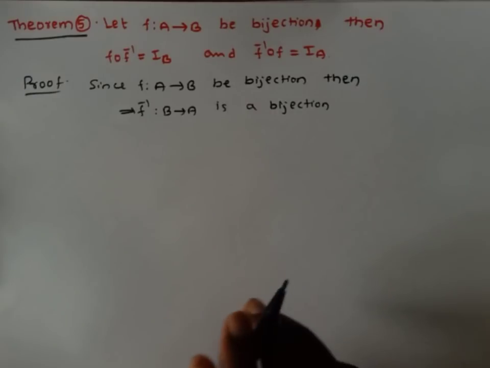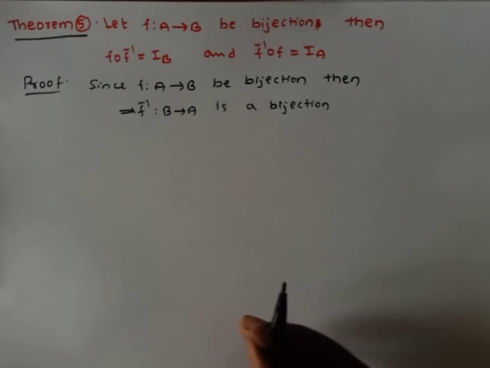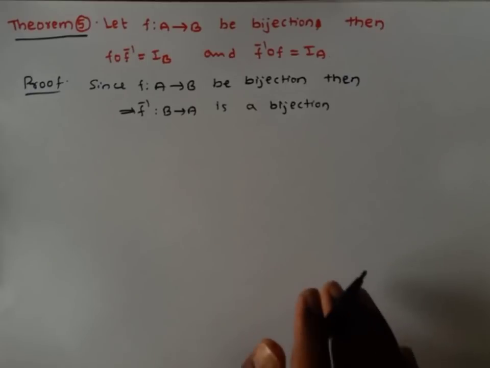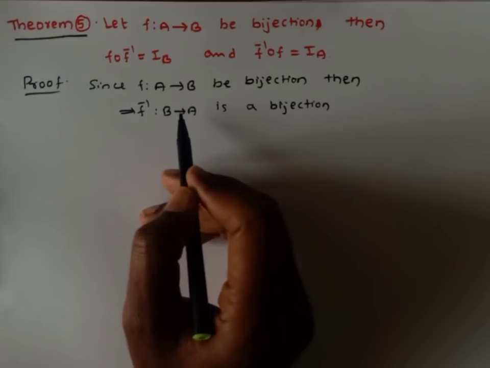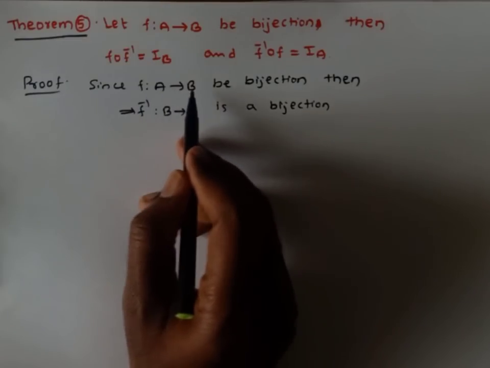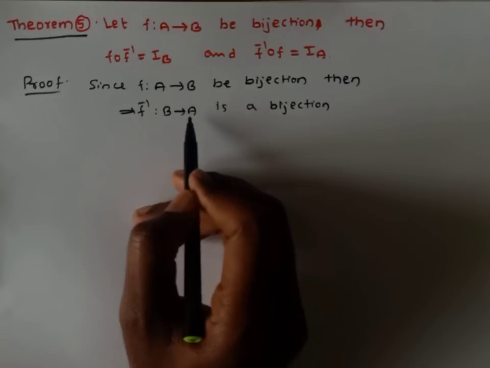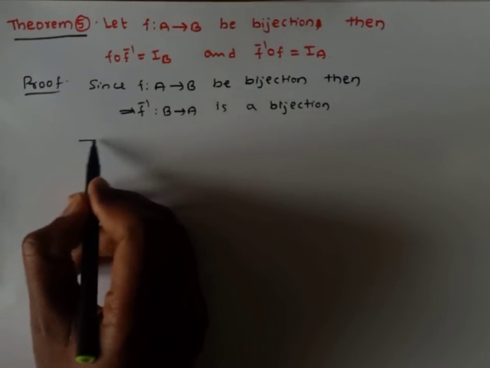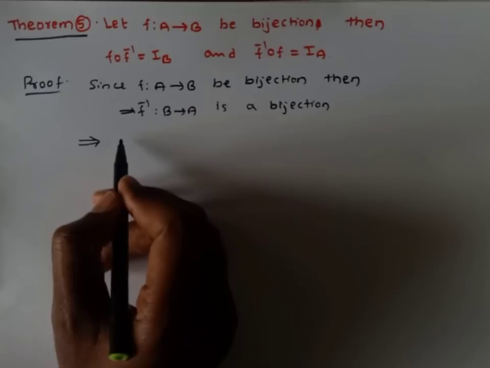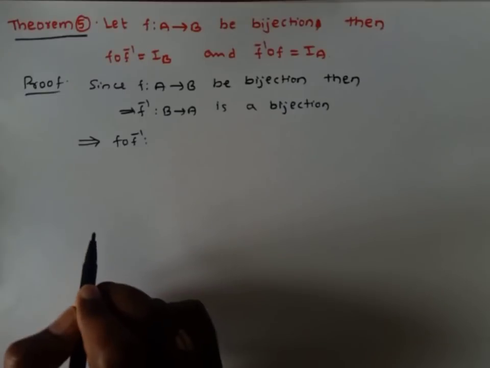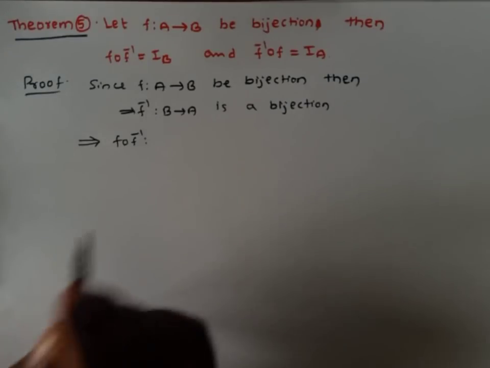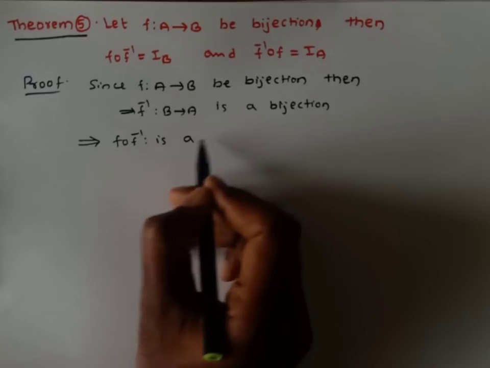Now we know f and g are bijections. Then g compose f is also a bijection, right? Now, f compose g or g compose f, if possible they are valid. That depends upon their domains and ranges, right? Here f from A to B is a bijection, f inverse from B to A is also a bijection. Then this implies we can express f compose f inverse as also a bijection, from where to where you need to identify.